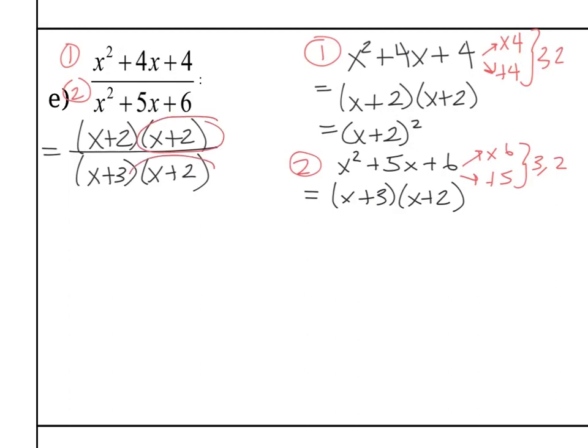We have one x plus 2 and then another x plus 2 on the numerator and the denominator, so those are going to cancel out and make 1. So we're left with one of the x plus 2 factors at the top and one of the x plus 3 factors at the bottom. So now we know that this expression is equivalent to this one as long as we include the restrictions on